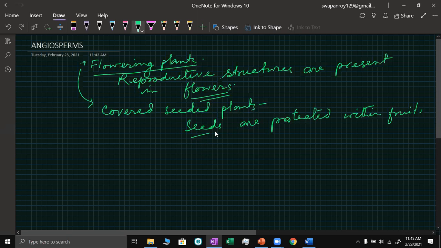Or here the seeds which develop from the ovules are protected, the ovules are covered within the ovary. Is it? This ovary develops into fruit, and the ovule into seed. So we can say them also fruit plants,